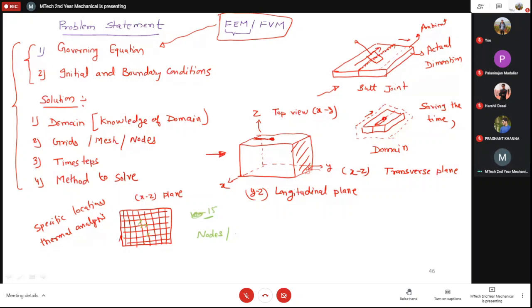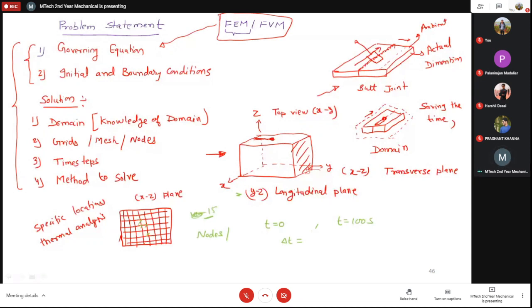The thinner or the smaller the grid size, the larger the time for solution will be. Let's speak about the time steps. We are starting the welding at t equals to 0, and welding is going for t equals to 100 seconds. We want to solve the governing equation for the applied boundary condition for every time step. So we need to define the time step also. As you might have studied during FEM, we need to define the time step that the solver can use to solve the equation.